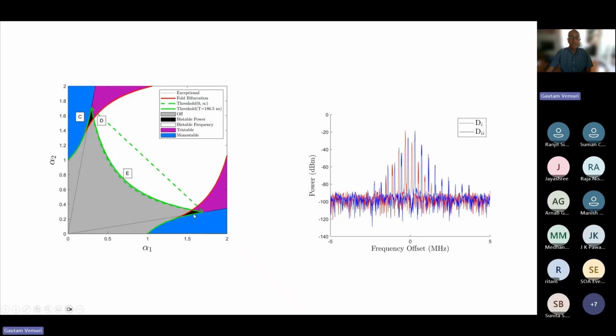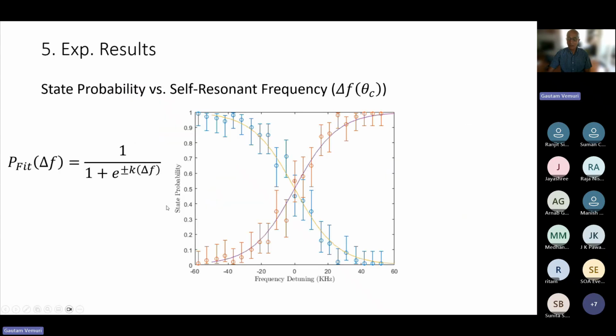In the bistable power region, we see a hysteresis, and I'll explain physically what it means, and then I'll show you what the data is. Let's say I'm sitting here, and I cross from, so here the system is off, okay, so that's the gray region is off. And then as I cross across the fold bifurcation,